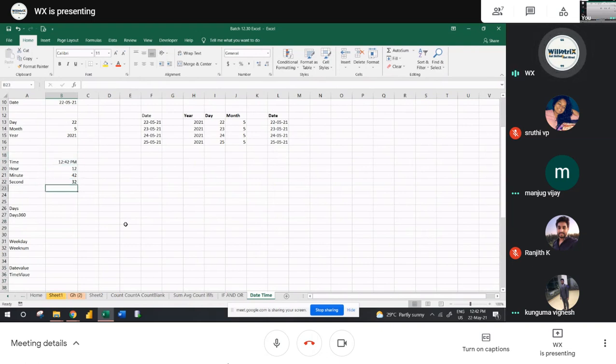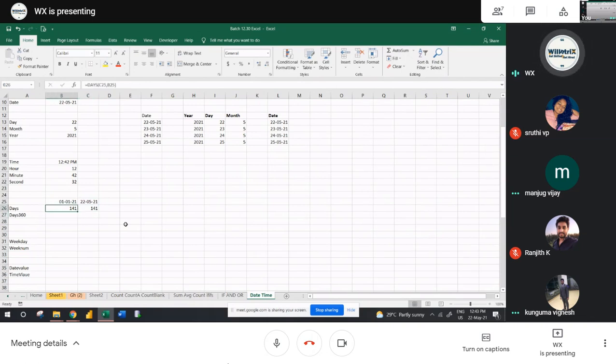Okay, then we'll go with the DAYS formula. The DAYS formula will help you find the difference between two dates. For example, from 1/1/2021 till today, how many days have I completed in this year? There we have to use the DAYS formula. First, we select the end date, then the start date. This gives 141 days completed from 1/1/2021. Actually, the DAYS formula is not required at all, because you can just do last date minus first date. That is also fine.